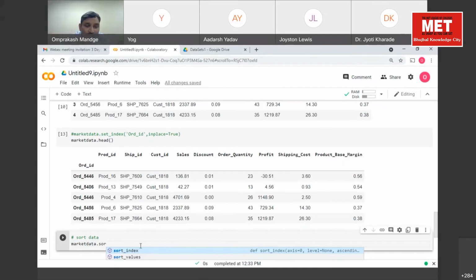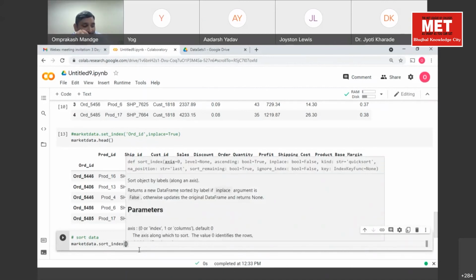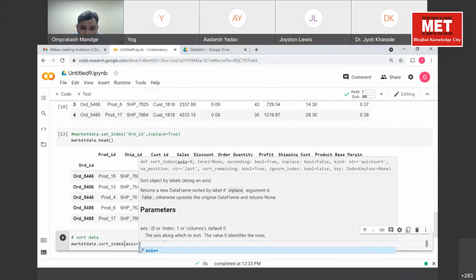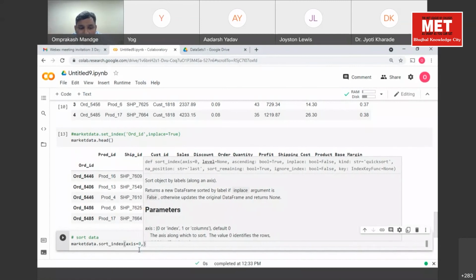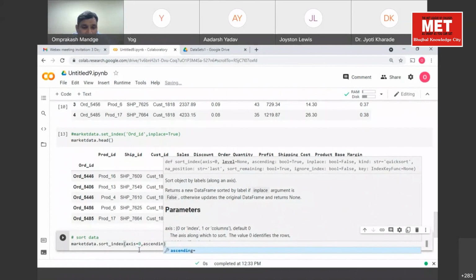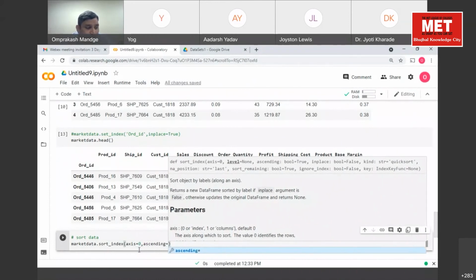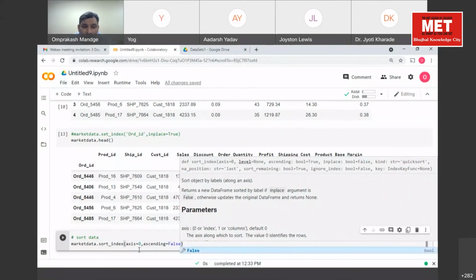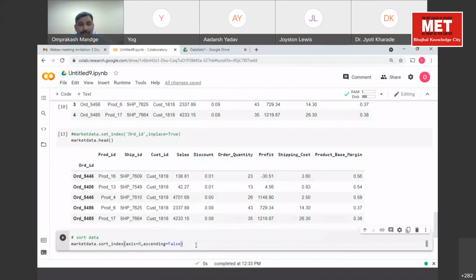Okay, so just specify sort index, and then we have to specify the axis. Axis is equal to 0. The second parameter I'm passing is ascending, which is equal to true or false, whatever you want to give. Ascending is equal to false.